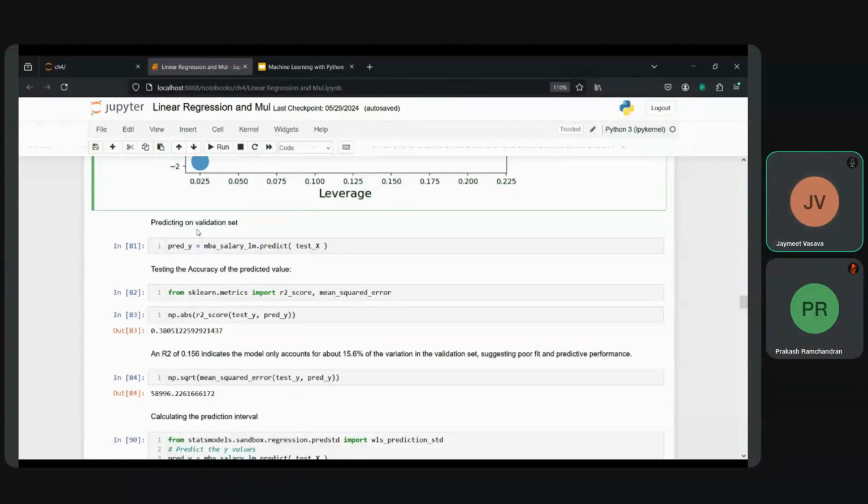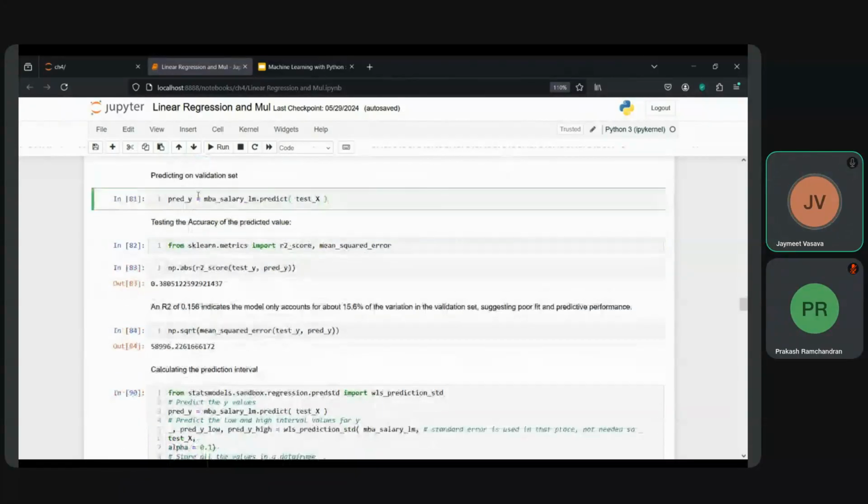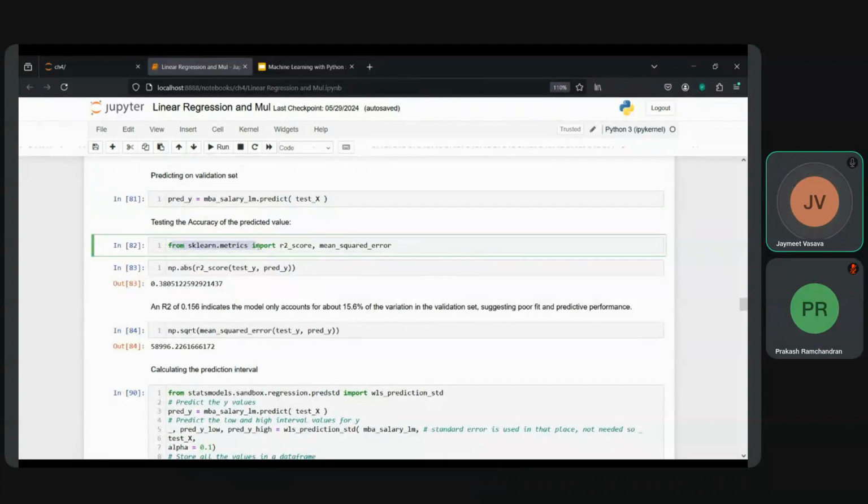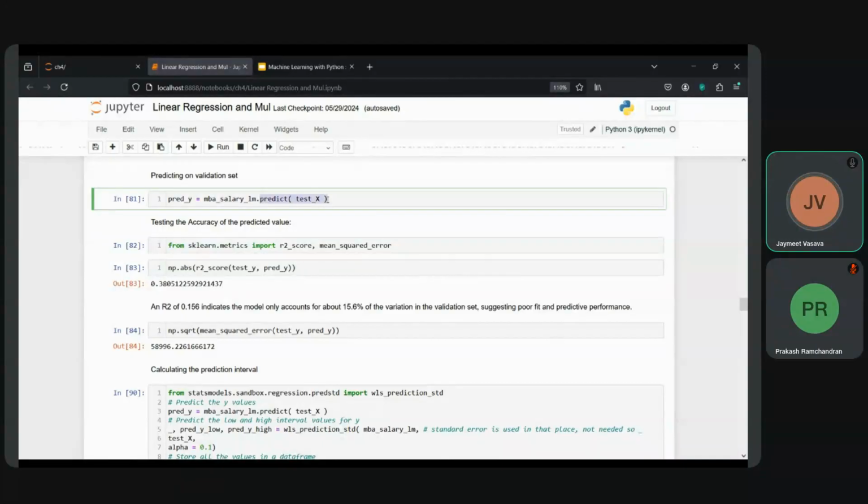Then, after checking on it, we make the predictions on the sets. So we have our model, and we make the predictions on the test set, saving them into predictions of y. As we are making the predictions on these, we will be checking for the testing